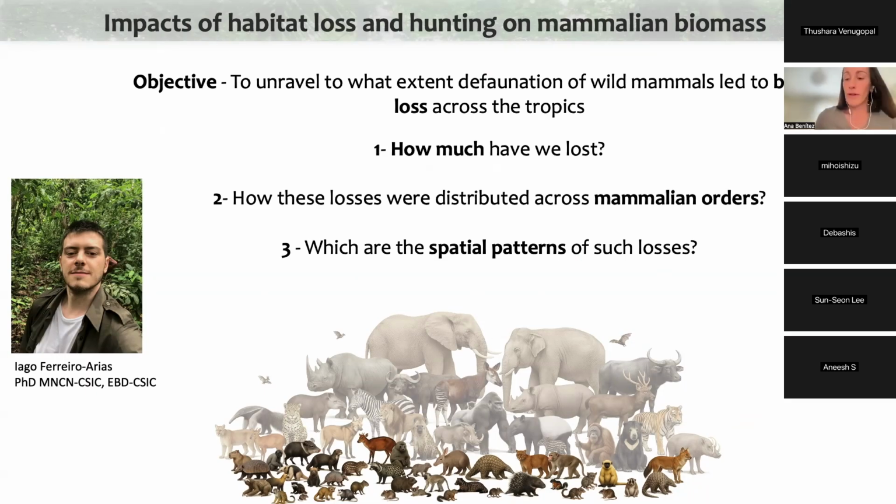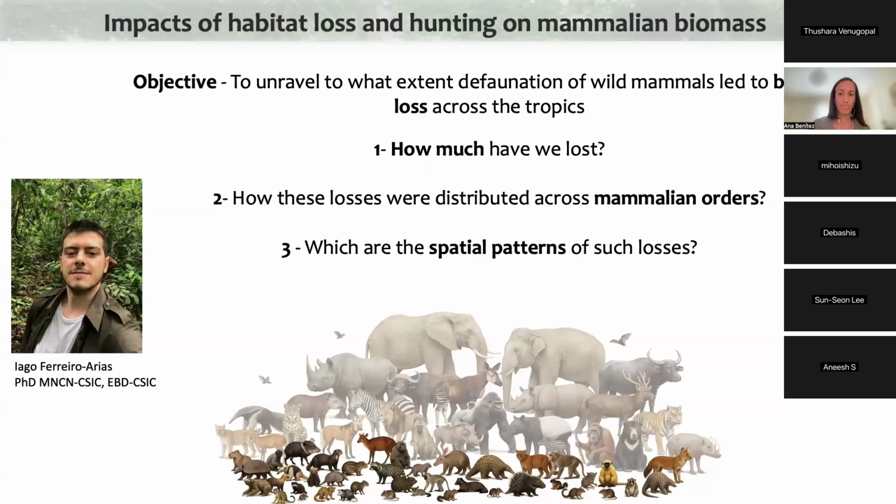So here we don't want to focus only on distribution changes or extinction risk. We want to see how much biomass we're losing, how much of the carbon stocks that are stored in animal tissue is being lost, and how this has been lost throughout the years, especially since the onset of the Holocene. So after the Pleistocene extinctions of the larger mammal species that are no longer with us. So basically what has happened with everything that was remaining, and how habitat destruction and hunting has changed